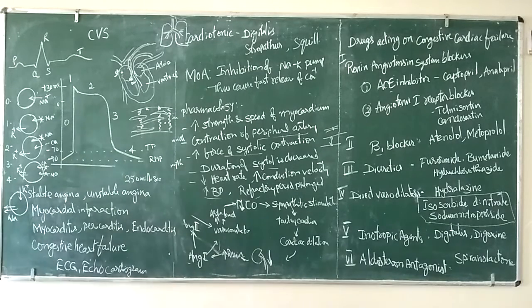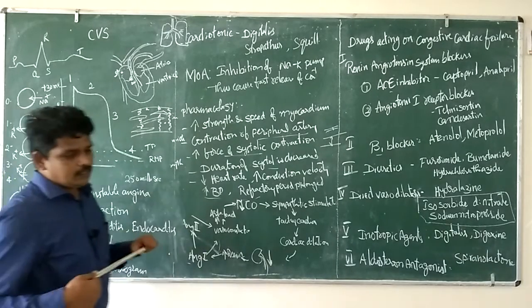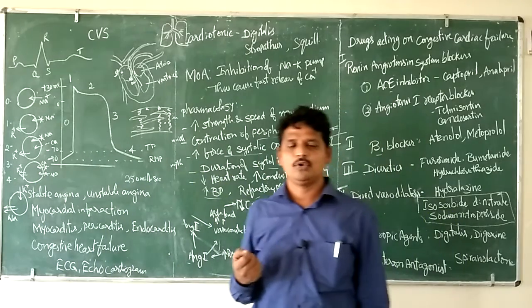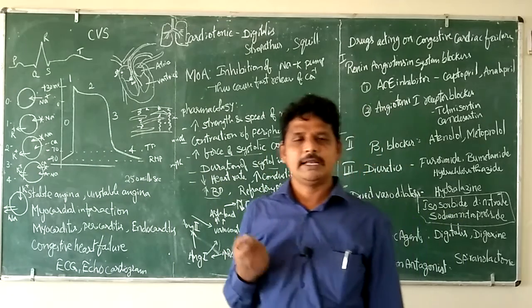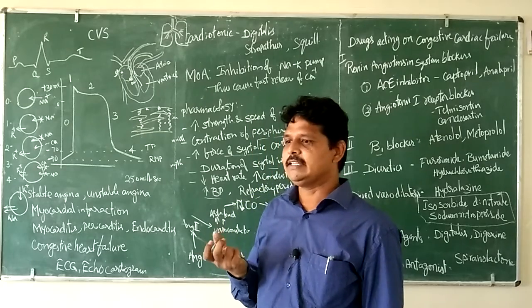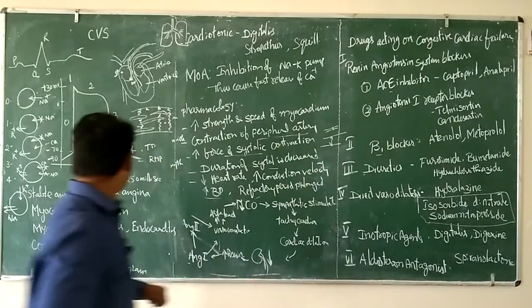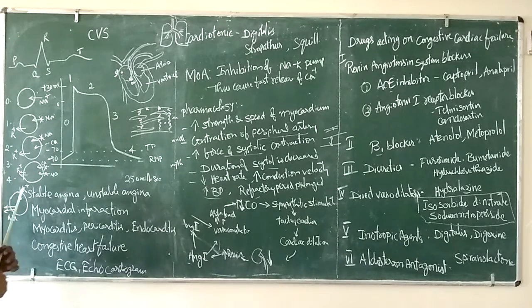So I mean to say that every cell is going to get polarized and depolarized. Depending on that, the contraction and relaxation is going to take place. Normally these signals are self-generated. The SA node, AV node, Purkinje fibers or bundle of His generate these stimuli, thereby maintaining the contractility of the heart.